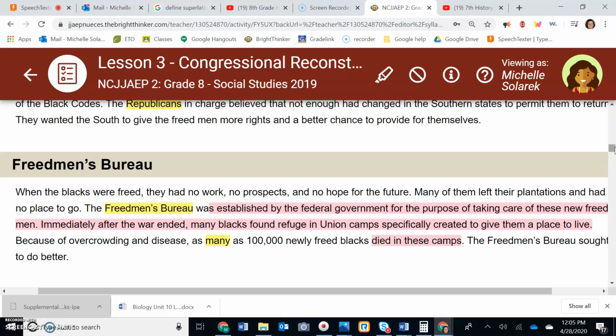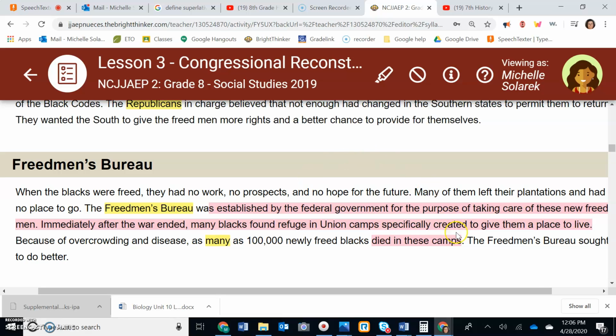But there's a problem. There's 100,000 slaves in these camps, and they're so crowded, and because they're so crowded, disease sets in. And so these conditions are not good. There's not a lot of money. There's not a lot of modern fancies. And there's disease and everything, not a good way for hygiene. So what happens in these camps, even though they're meant to be good,